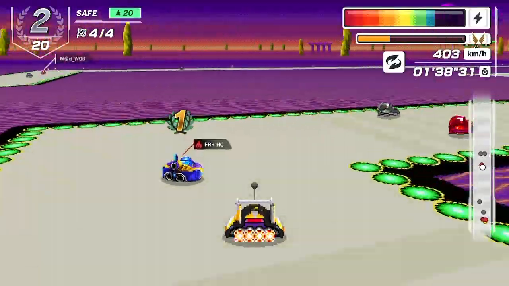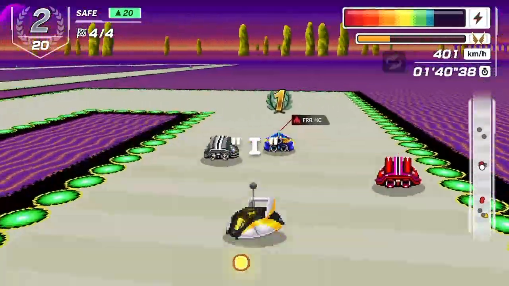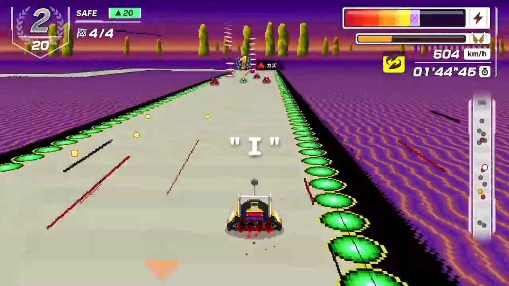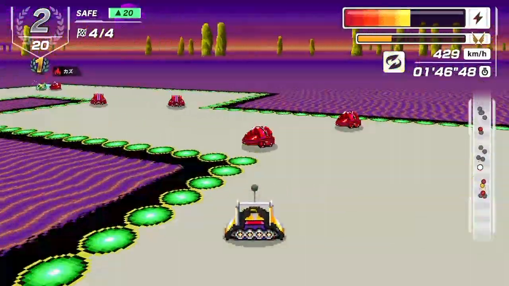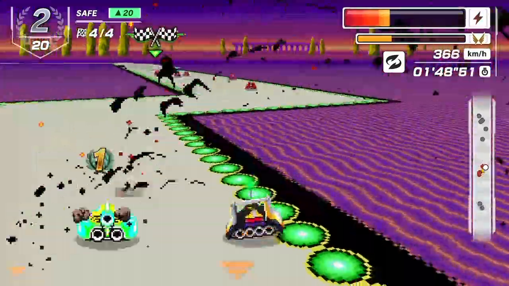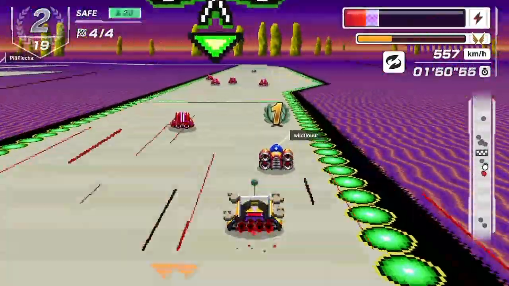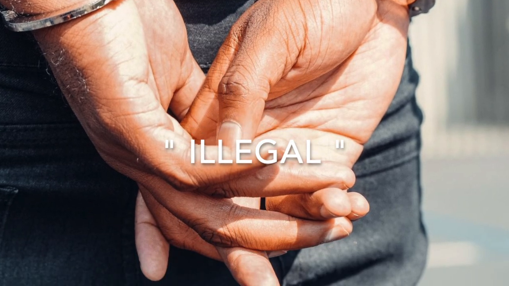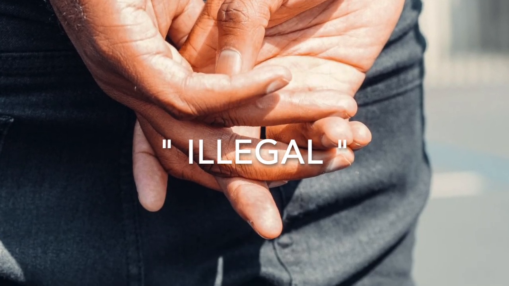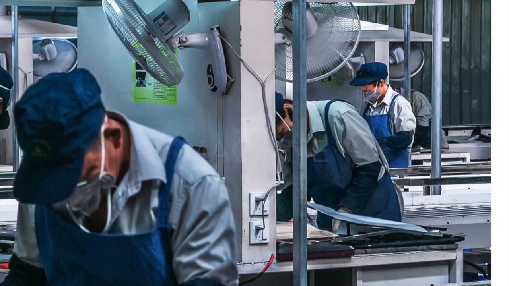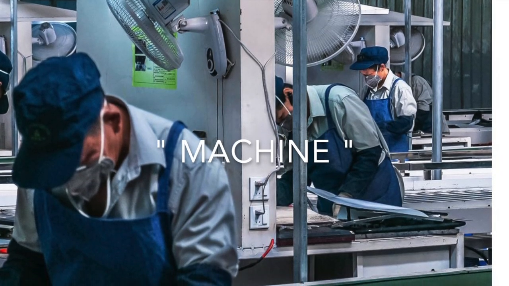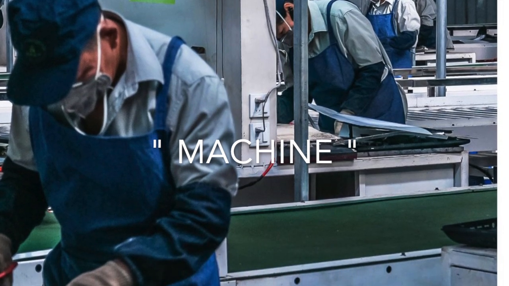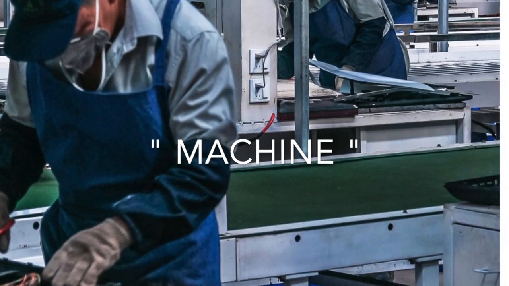Now to the letter I. Most of the time, when we're saying words with the letter I, it sounds like ih, such as saying the word illegal, which means not allowed and is strictly prohibited under the law. Another example is machine, meaning physical system that uses power to apply forces and control movement to perform an action,